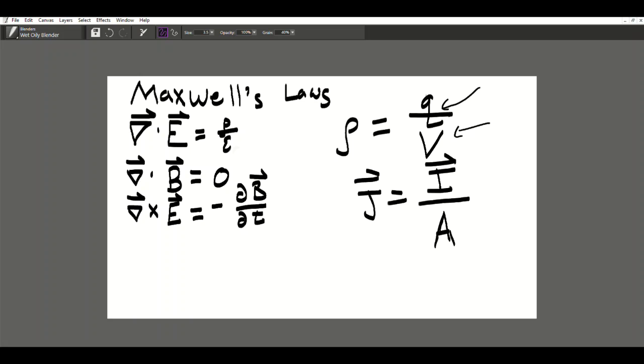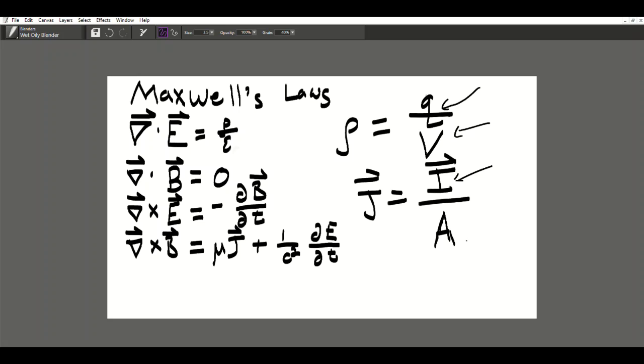Maxwell-Faraday's law. The curl of E is the change in time of B. And the Maxwell-Ampere law, which says that the curl of B is equal to mu J. J is a current density, shown here. It's the current divided by the cross-sectional area that current moves through. Plus 1 over c squared dE dt, the changing electric field. And so that's all we got to go through, and we're going to take each one in order and talk